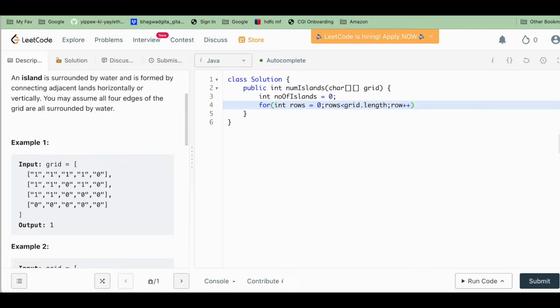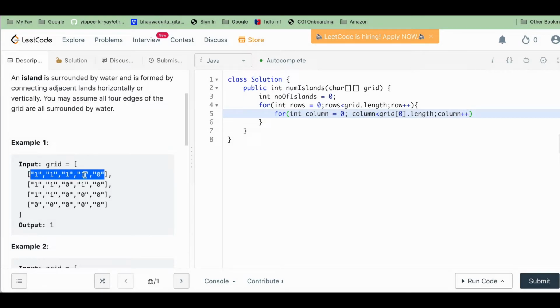One thing I would suggest while writing the program is to use variable names in such a way that they convey some value. In our case, because we are first looping through rows, we will just use the variable name rows. Inside it we will loop through all the columns in one row, so from 0 to grid 0 dot length, and I'll tell you what this means.